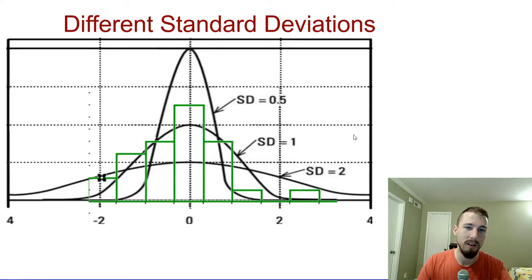Moving on. So there are many different bell-shaped curves. In fact, the normal model is really a family of models parameterized by the mean and the standard deviation. So basically you can stretch out a longer standard deviation or a skinnier standard deviation to fit any data. So here you see the one with the standard deviation of 1 fits the best. Standard deviation of 2 would be too stretched out. Standard deviation of 0.5 here would be too narrow, right? So you can custom fit any